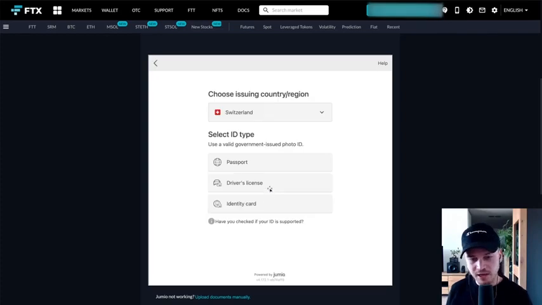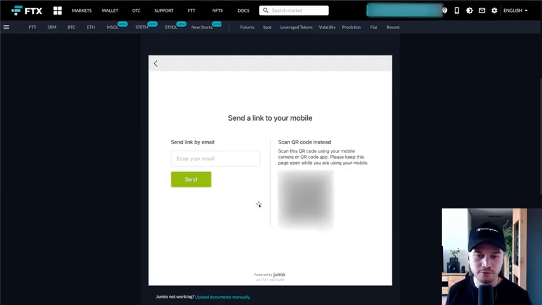And then you have to decide on what kind of ID document you want to scan in. So you want to scan in a passport, driver's license, or identity card. I simply use my ID card right here. And then you're going to have to use your phone to scan that in. So you're going to have to open up the camera app on your phone, scan in that QR code,